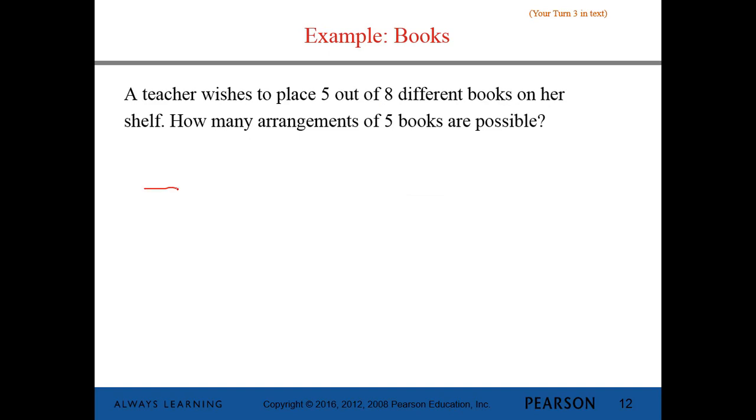So how many books are we choosing? We're choosing 5. 1, 2, 3, 4, 5. Okay, so in each position, we're going to choose one book. So we have 8 to choose from here. We have 7 to choose from here. 6, 5, and 4. And so if we use the fundamental counting principle and multiply,